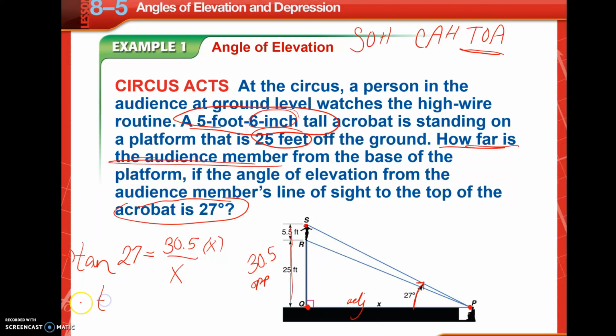I get x tangent 27 equals 30.5, and then divide by tangent 27. Those will cancel out, and I take 30.5 divided by tangent 27, which is 59.859, so 59.9 feet